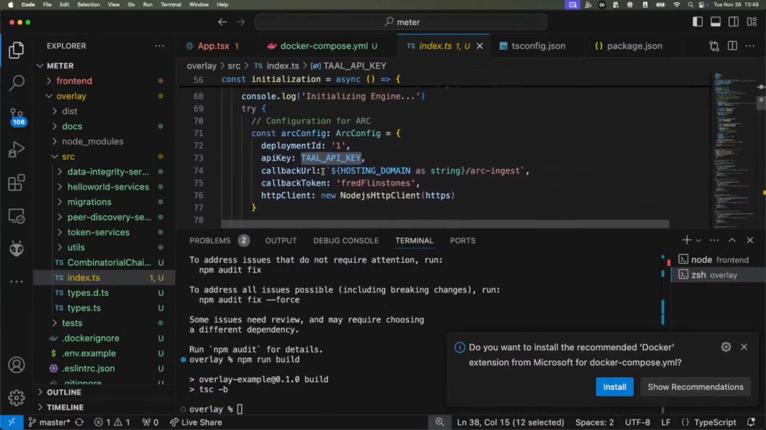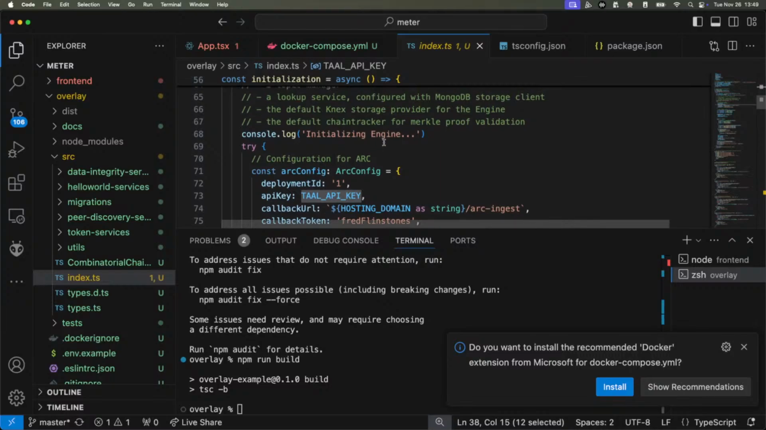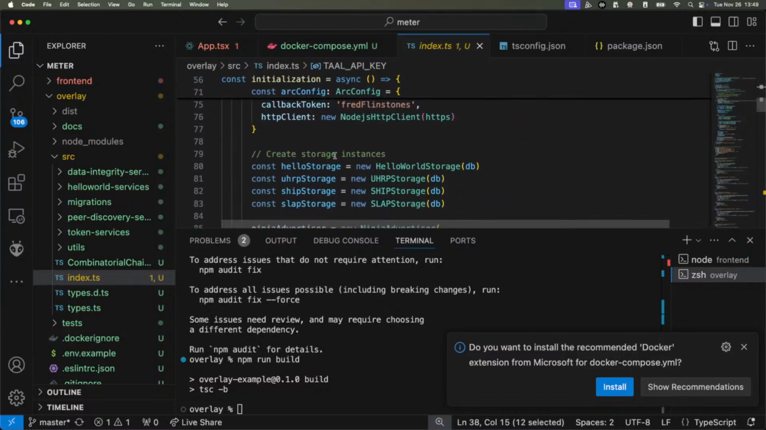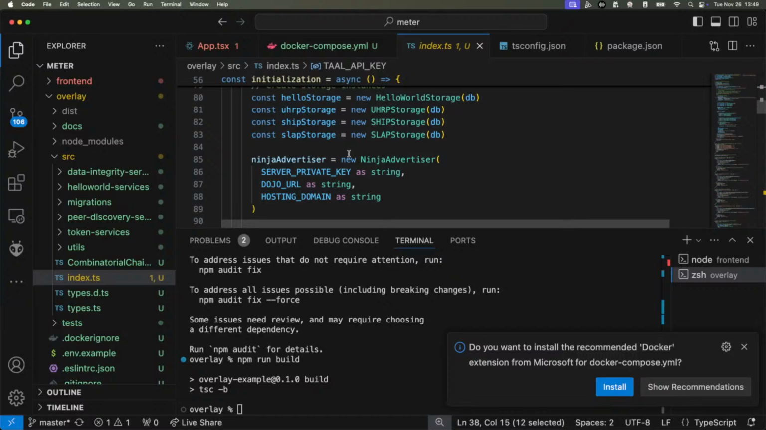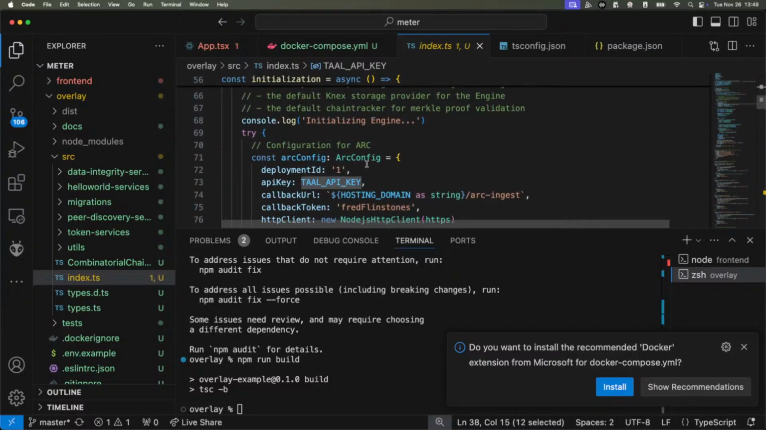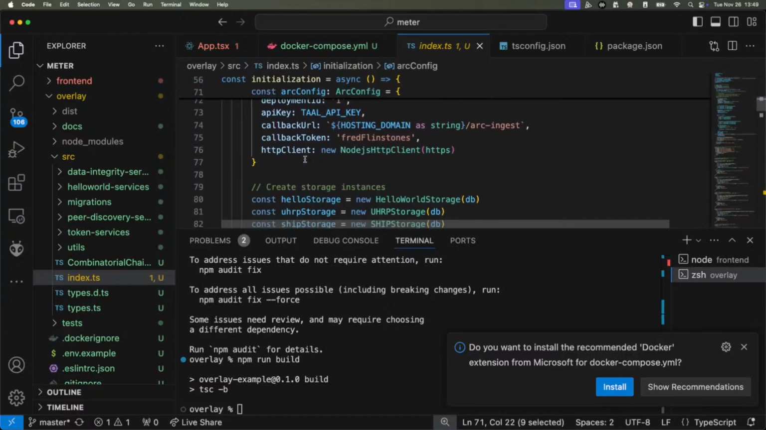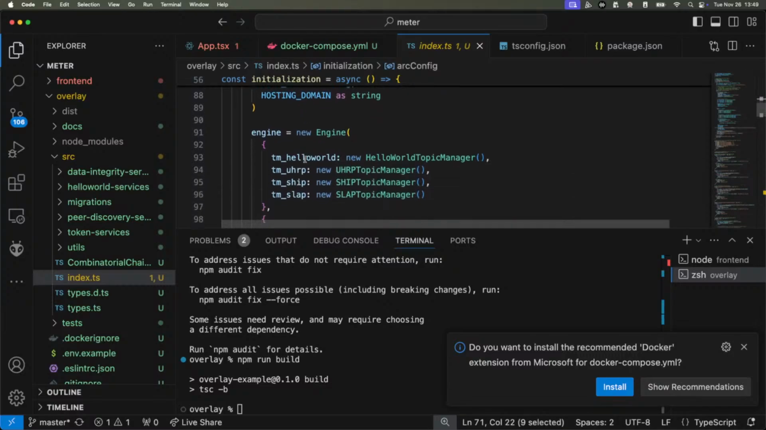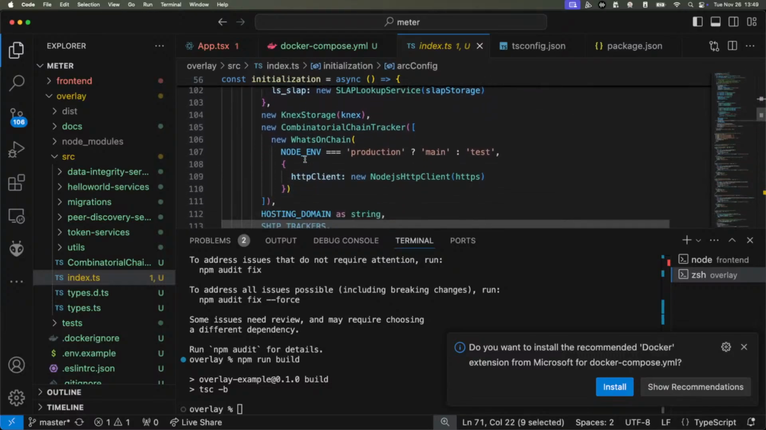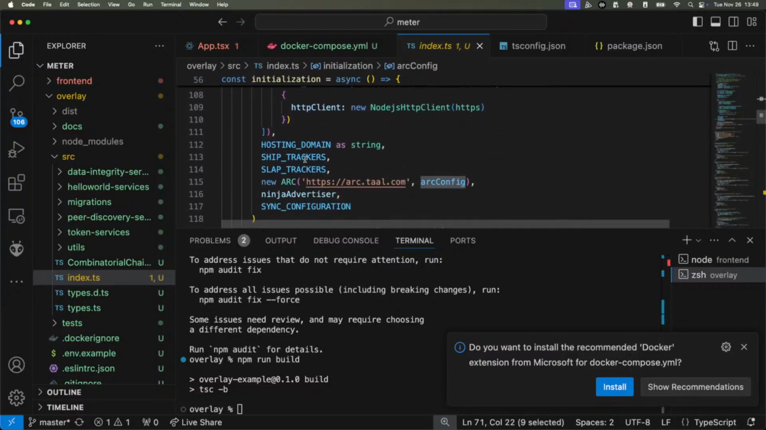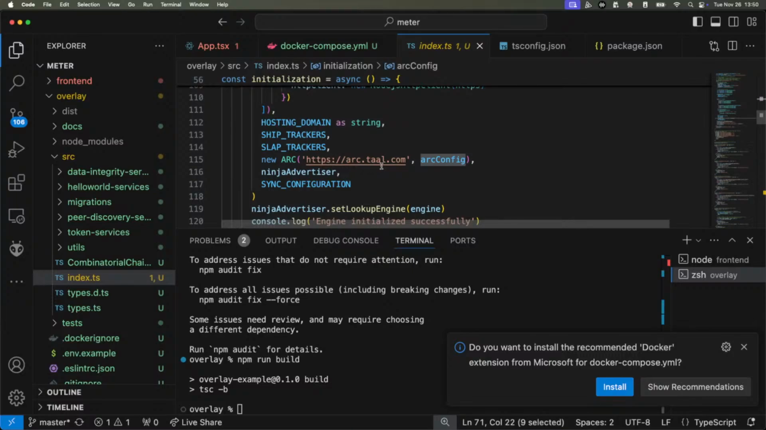I think the arc, okay, there's our arc config. So the arc broadcaster, I'm sure uses this somewhere, and hopefully I can just comment that out, right? So because we're not going to use this